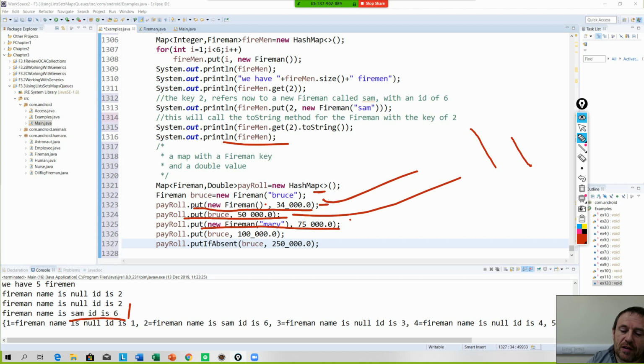Bruce has an ID of 7, new fireman has an ID of 8. Bruce goes in, Bruce has an ID of 7, he has wages of 50,000. Okay, new fireman Mary, the fireman is going to have an ID of 8, she's going to have wages of 75,000. Okay, now